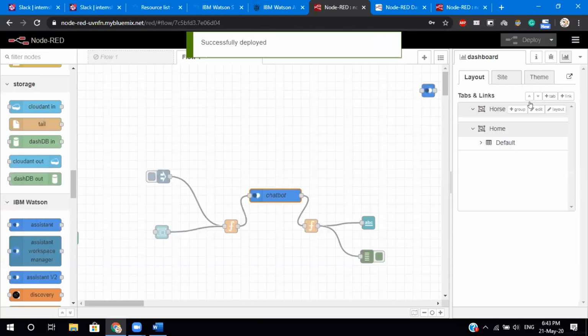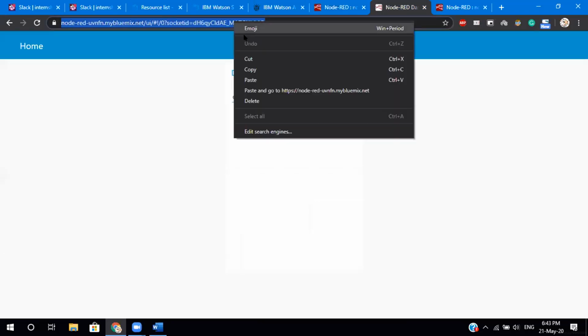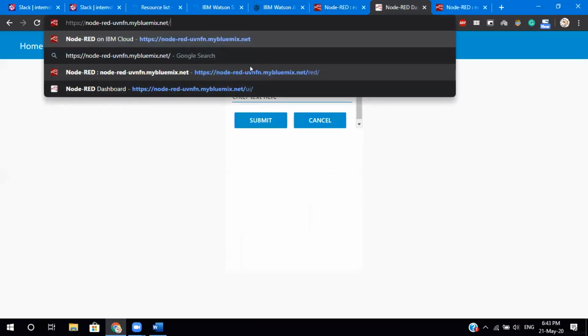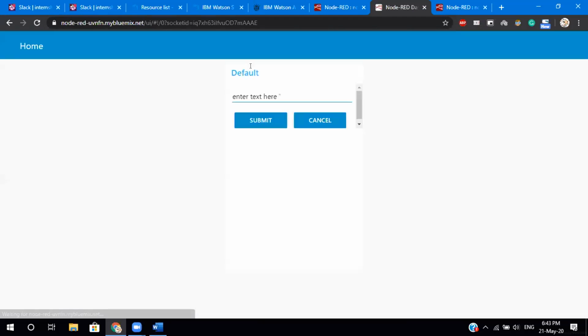Once it is deployed, you can access the UI in two ways. Copy the URL till .net, paste it over here, and add /ui. This is one way of doing it.